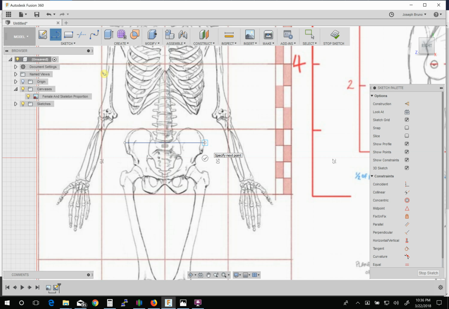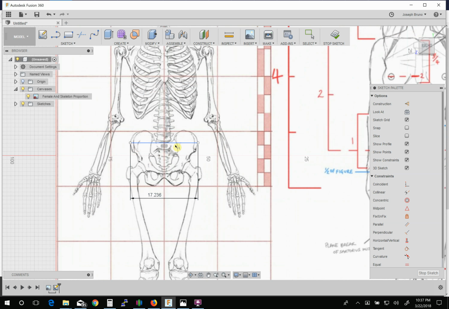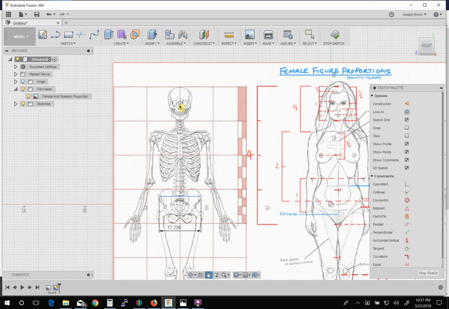Or you can complete the line by clicking and then hitting this little check mark. And to display that dimension, you can hit the D key on your keyboard, highlight the line you just created, and drag off into some white space here, and hit enter, and the value is displayed here so you can see it. So 17.2 millimeters would be the correct width for a pelvis in this orientation with a 13 millimeter